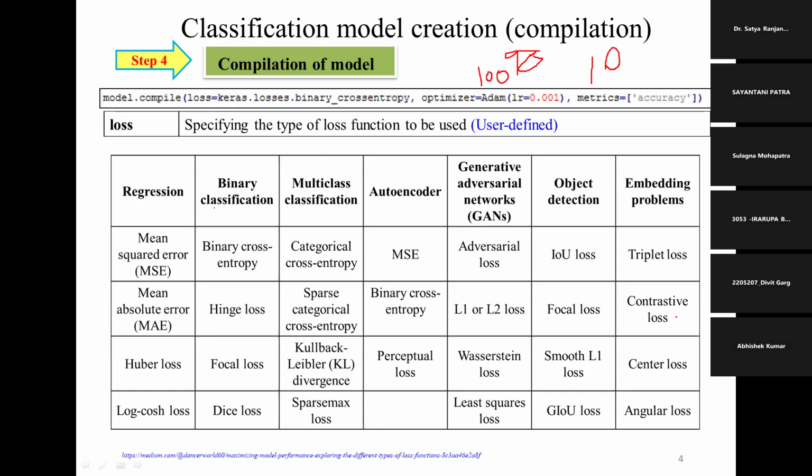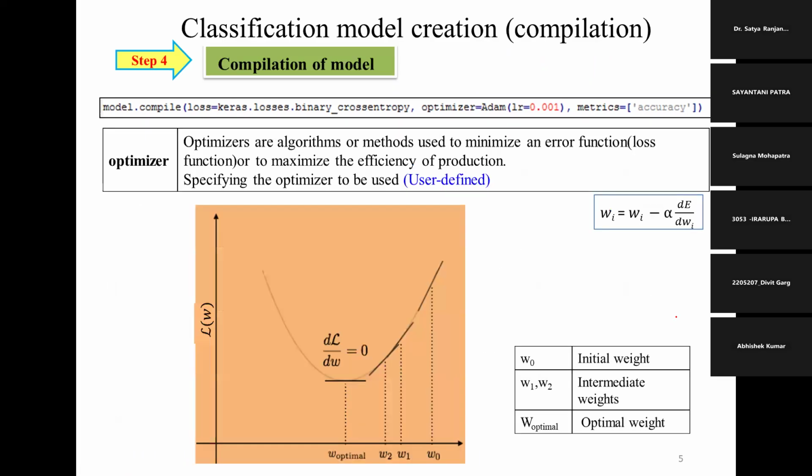Loss function is what your model needs to calculate: the loss of the network considering this dataset. So these are some loss functions you can consider. Then the next part is the optimizer. What is the use of an optimizer? Here the optimizer I mentioned is Adam. The optimizer helps to optimize the problem. Here I put in English that it is an algorithm or method used to minimize an error function, or the loss function as we generally call it, to maximize the efficiency of the